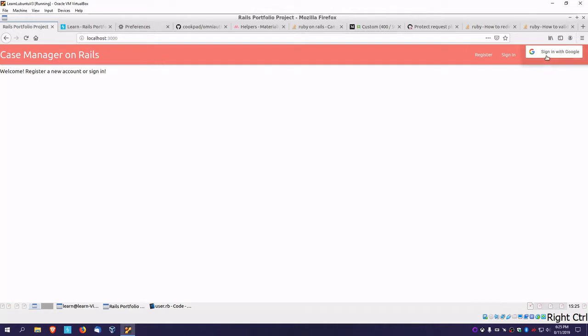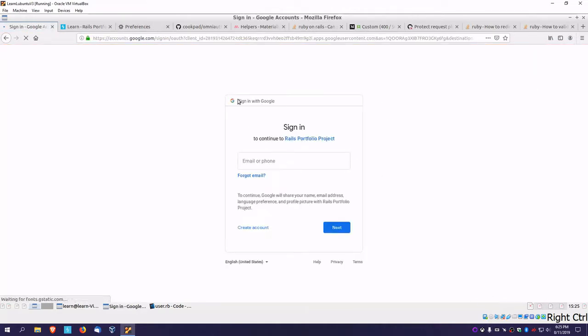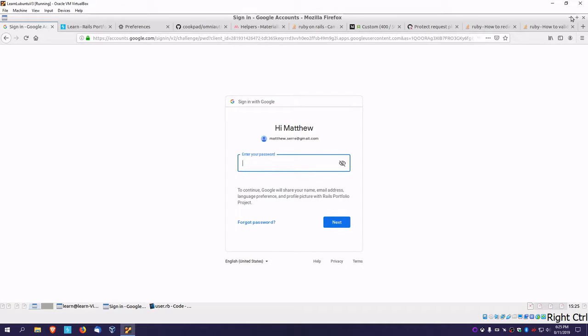So if we go to sign in with Google, it's going to redirect us to sign in to continue to Rails portfolio project. Very interestingly named. So I'm going to use my own email address again. Probably don't need the @gmail.com, but whatever. I'm going to stop and then stitch this together because otherwise it's going to be annoying whenever I go to get my password from my password manager. So hang tight. Okay, we're back,